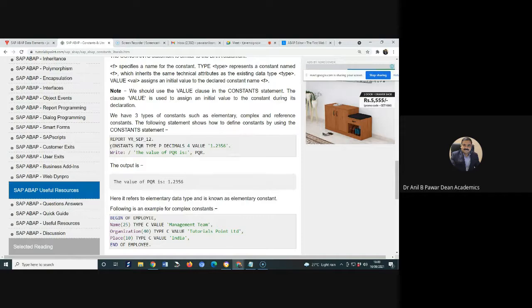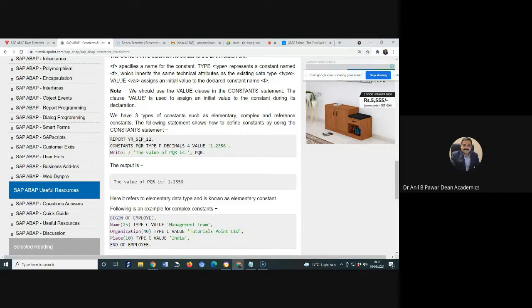So in this example, see, the constant PQR is the name. Its type is P, a packed number, with how many decimals? 4. Then the value is 1.2356. This one is given here as 1.2356, and then it is going to display the value of PQR as it is. This value is assigned to which variable?